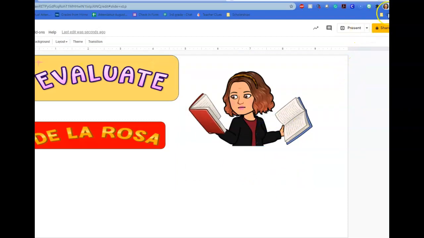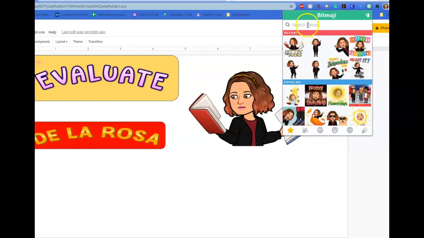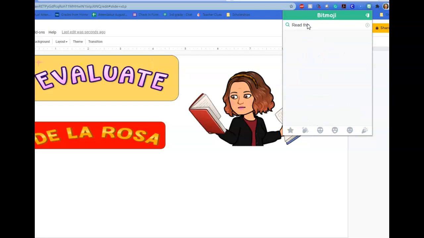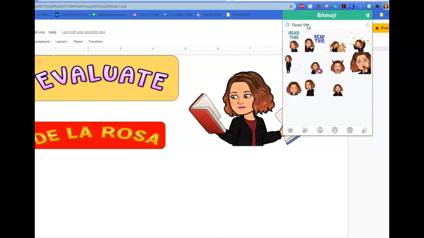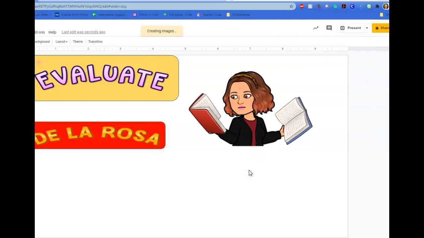And then instead, let's say that I want to use, I'm going to say, read this, and that's what I want to use. So I look at the font and see which one I like. Well, this one looks interesting, so I'm going to use this. I'm going to drag it down,